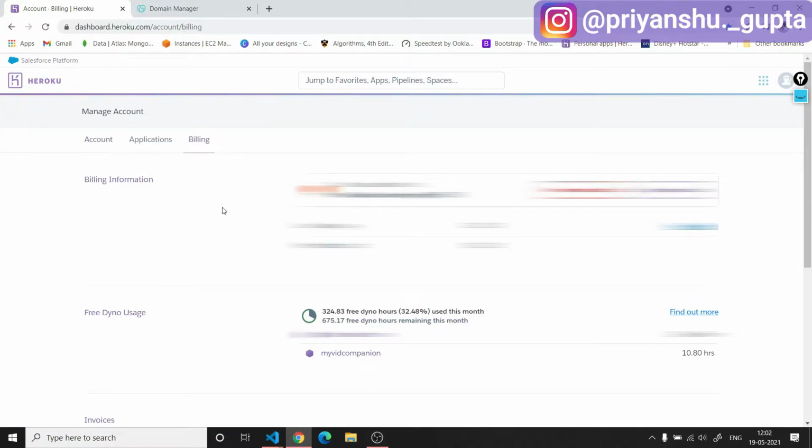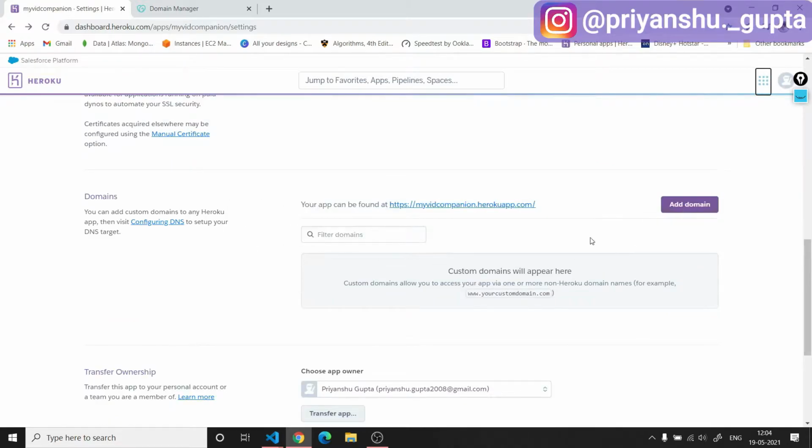This is basically just to verify your account. No money will be deducted from your account because currently we are on a free plan, free dyno. So as long as we are on a free plan, no money will be charged from us. By adding credit card details and verifying your account, you will also get some extra free dyno hours per month. And then after verifying your account, you can add a custom domain.